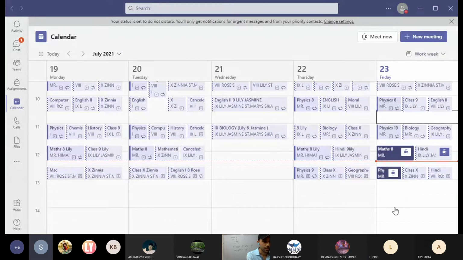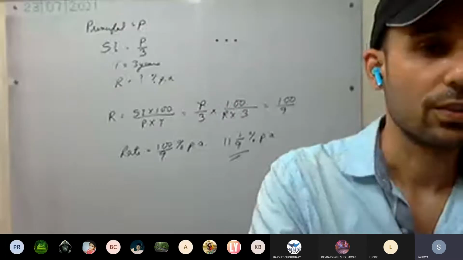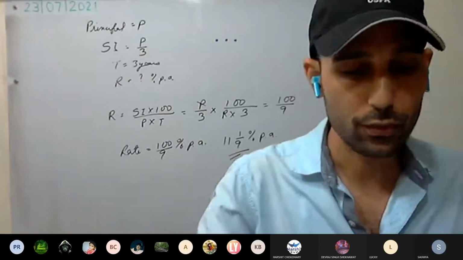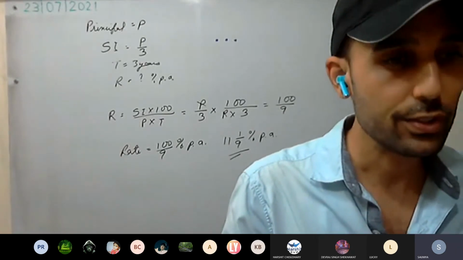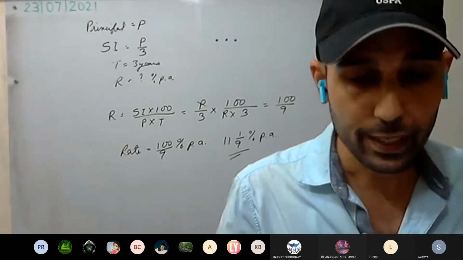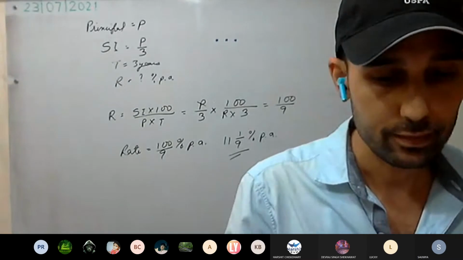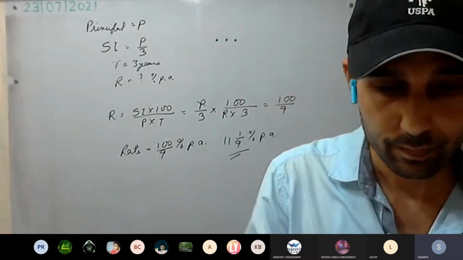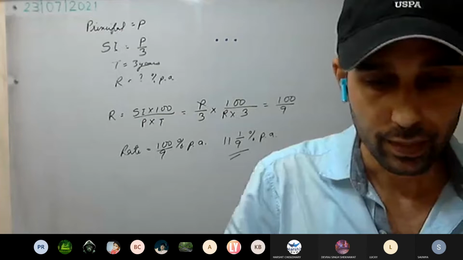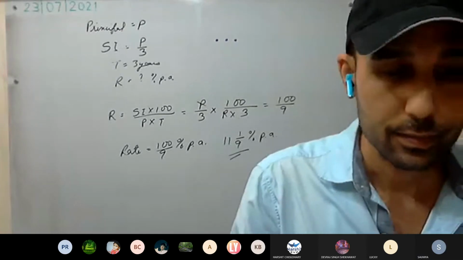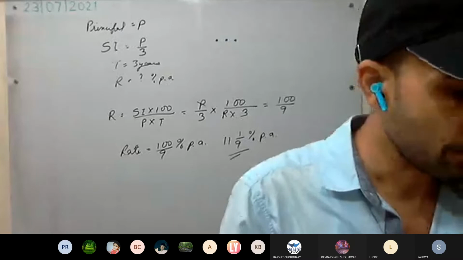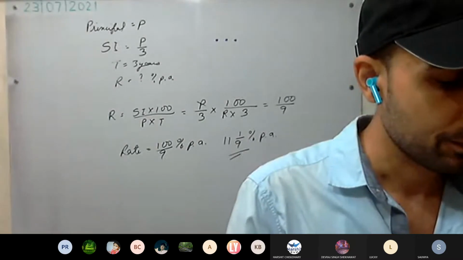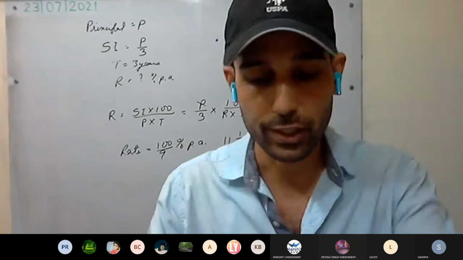Please explain the revision exercise first, question number 4. Which question? Exercise first, question 4. Okay, tell me the page number. Page 40. Fourth question: verify the associative law of multiplication for the rational numbers.